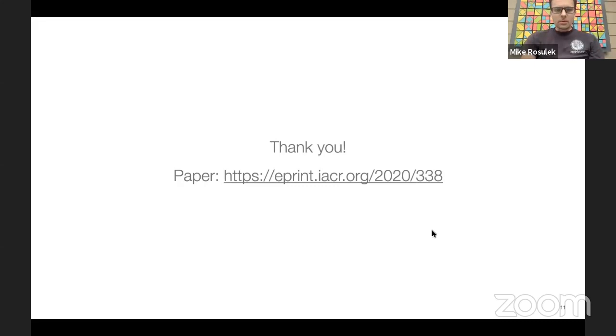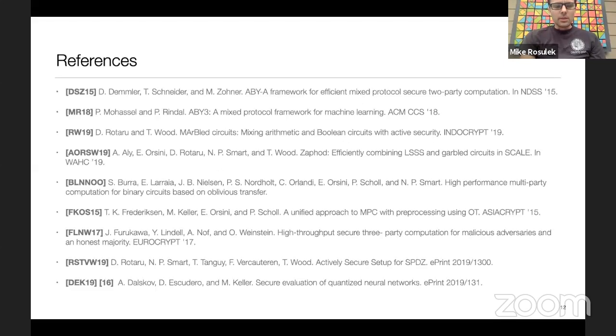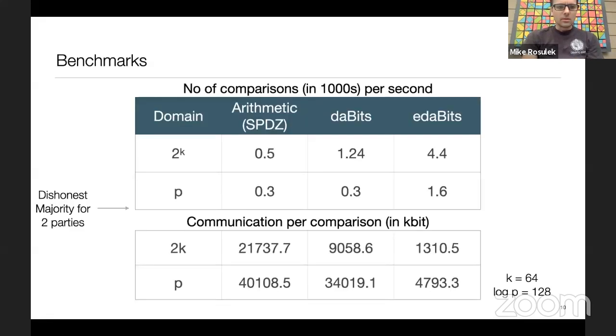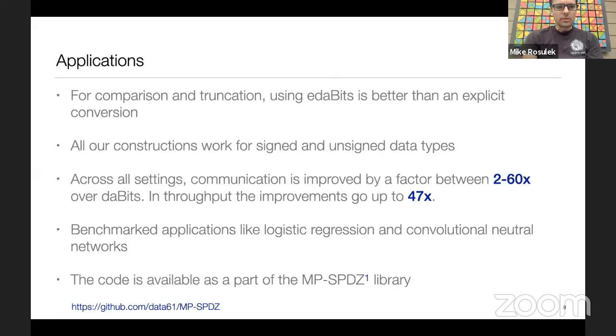Okay, thanks, Rahul. If anyone has questions, go ahead and ask them here. In the meantime, I had a question about your last slide where you showed some empirical improvements, improvement factor 20 to 60x. Are you just talking about the raw generation of these ERA bits, or do you have an application in mind where the ability to switch from arithmetic to Boolean is a killer feature?